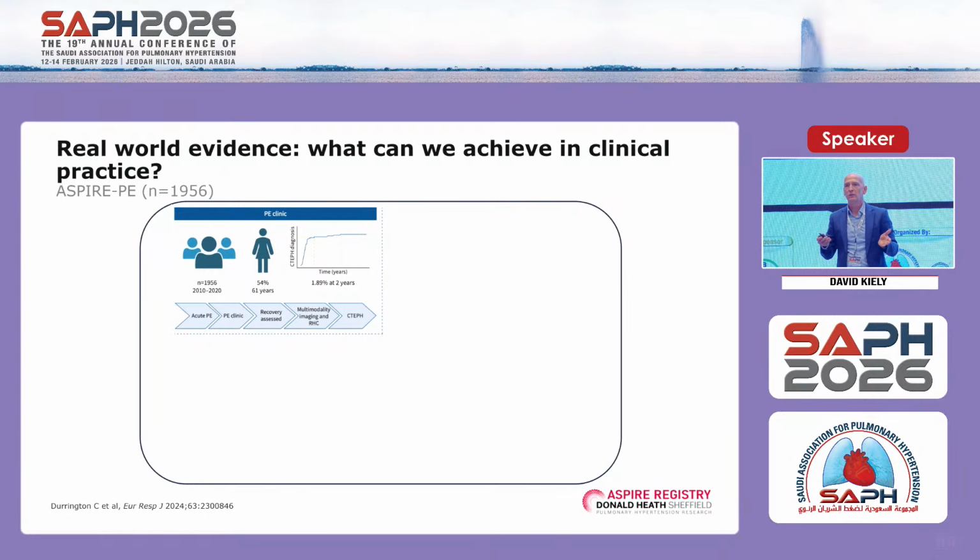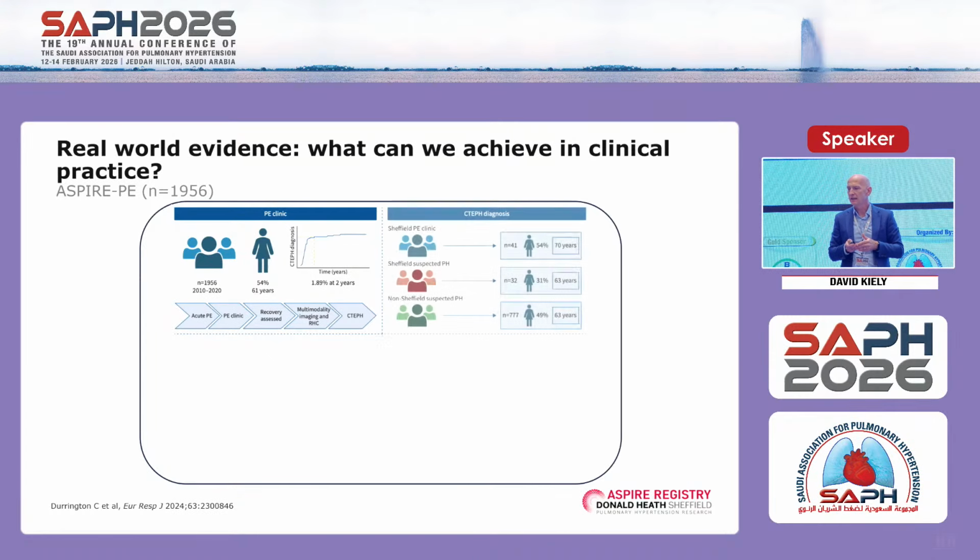So in real-world evidence, what's our experience of running such a clinic? Over a 10-year period in our institution, we performed about 20,000 CTPAs for suspected pulmonary embolic disease. There were just over 3,000 patients diagnosed with an acute PE in that period, and we saw nearly 2,000 patients in our PE clinic. We see patients for a single visit, usually at 3 months. We decide whether or not to investigate or discharge. And using that fairly simplistic approach, we had a diagnostic rate approaching 2% for chronic